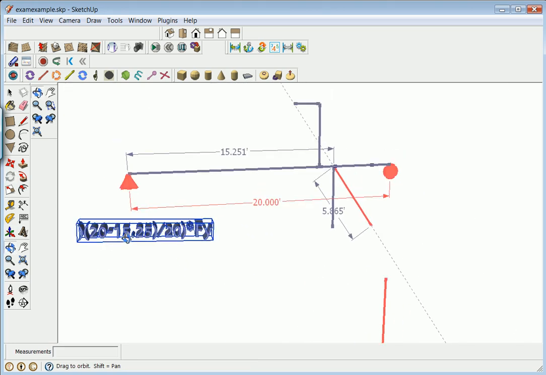And that's what you have for this one. What do you have for the other one? Slide, divide, measure the arm. The arm in this case is the 15.251, right? Because the arm you're going to be talking about is the distance from the other support,